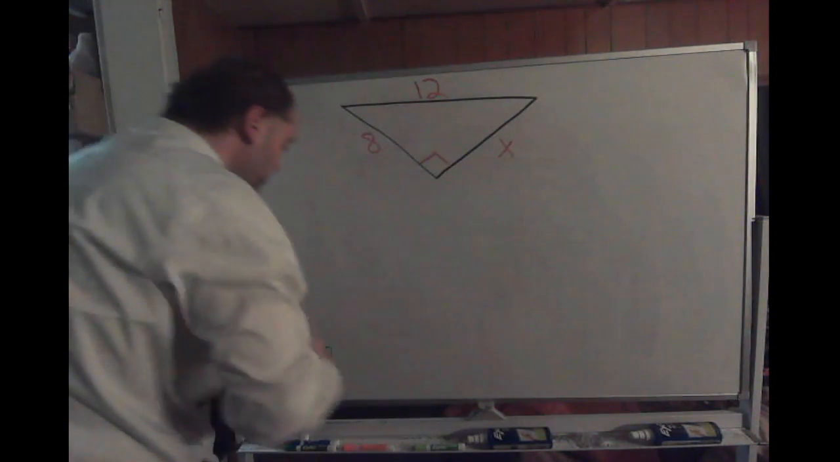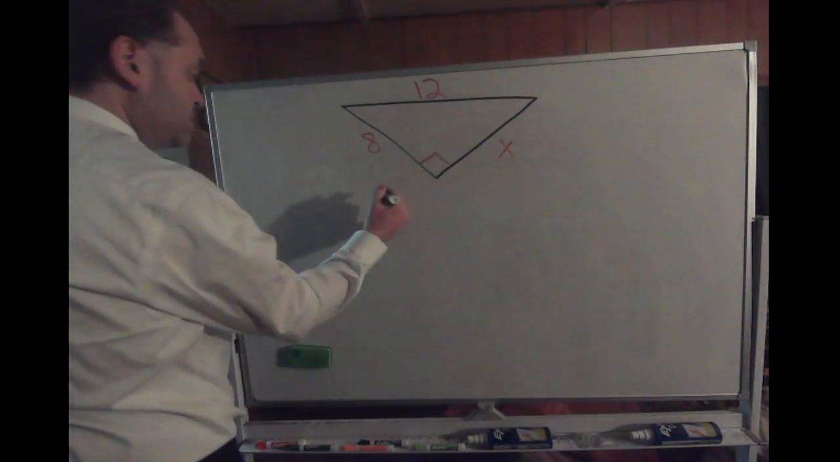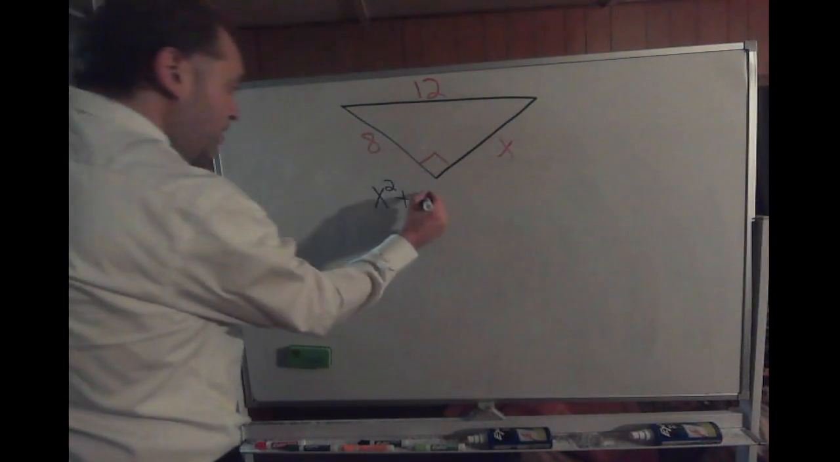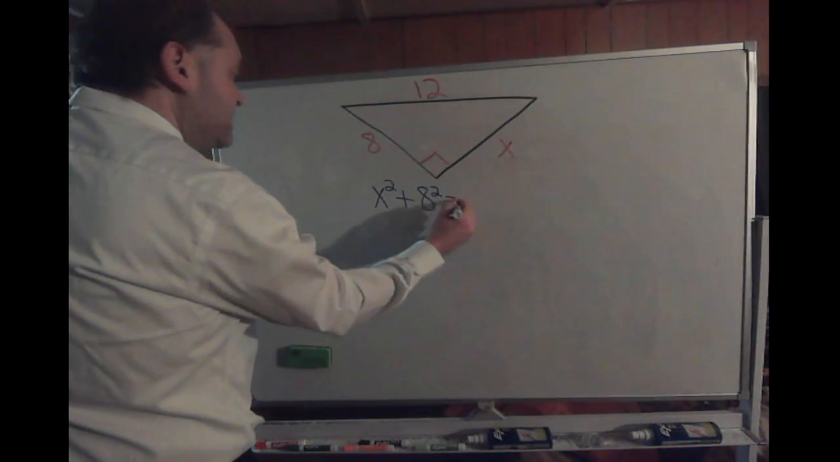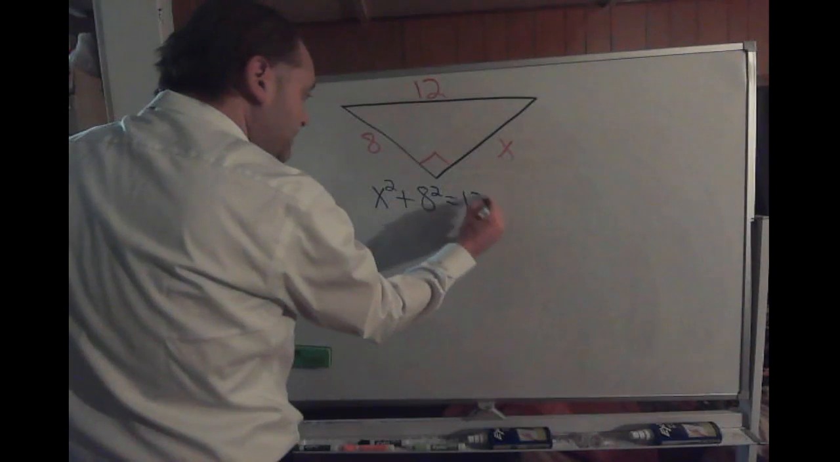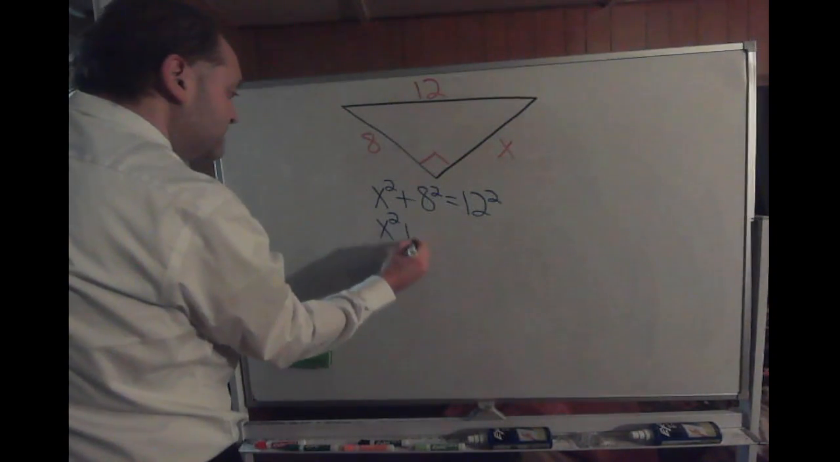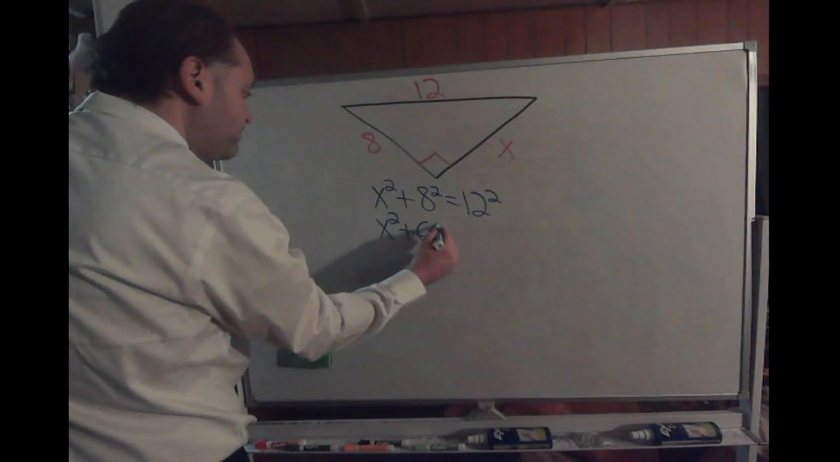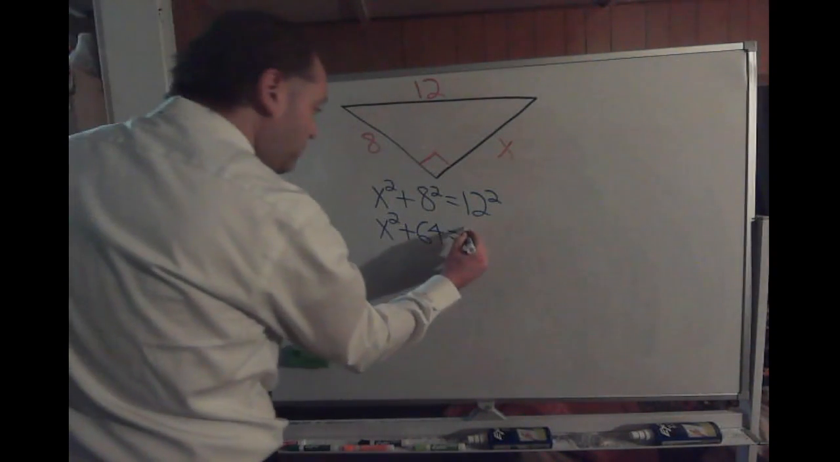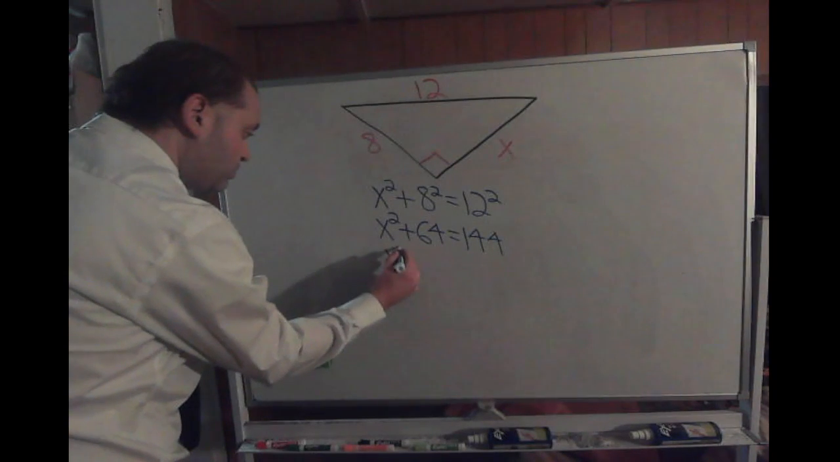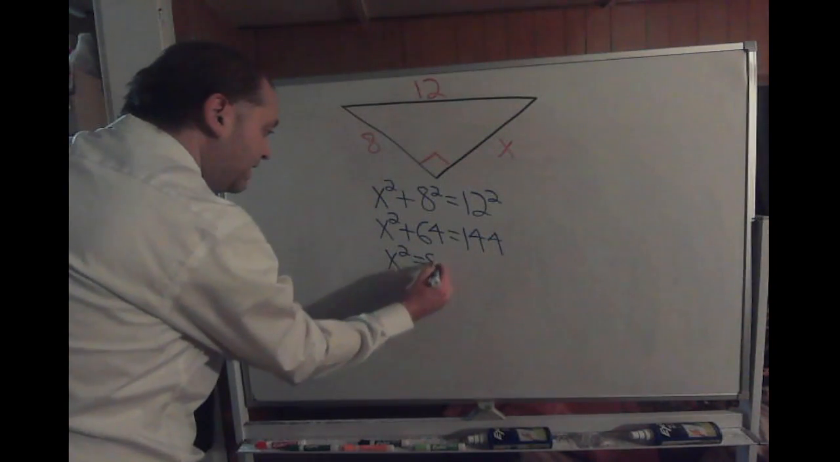I want to write with blue. There we go. So take x squared plus your 8 squared. You'll set that equal to 12 squared, which would simplify into x squared plus 64 equals 144, which would then give you that x squared equals 80,